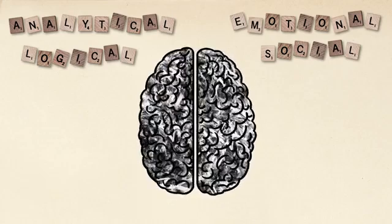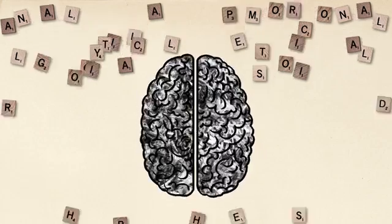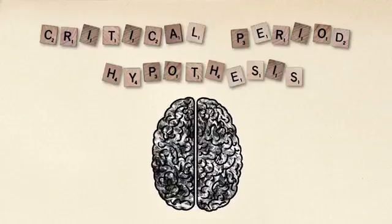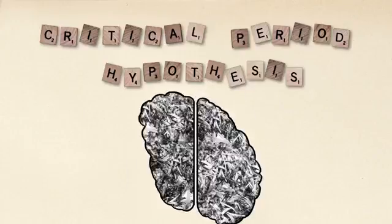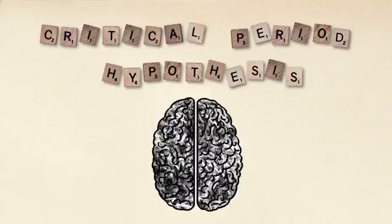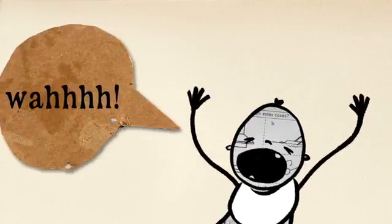The fact that language involves both types of functions, while lateralization develops gradually with age, has led to the critical period hypothesis. According to this theory, children learn languages more easily because the plasticity of their developing brains lets them use both hemispheres in language acquisition, while in most adults, language is lateralized to one hemisphere, usually the left. If this is true, learning a language in childhood may give you a more holistic grasp of its social and